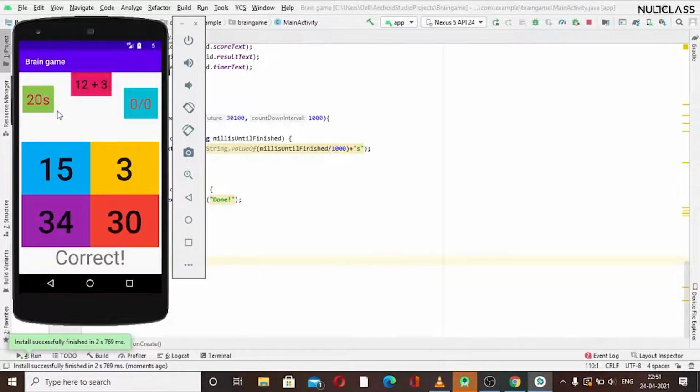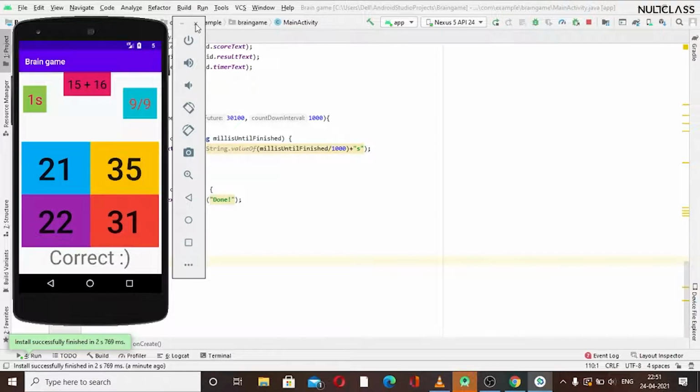Now we can see that the timer is decreasing. We can see 18, 17, 16, 15, 13, and at the end it is showing it is done. I guess this has shown Done.